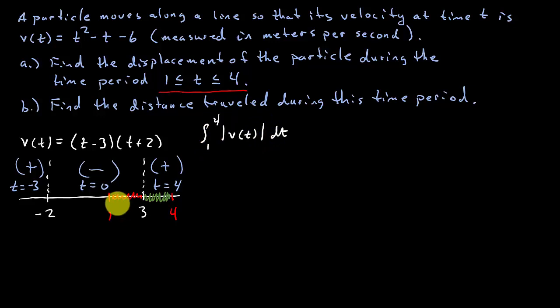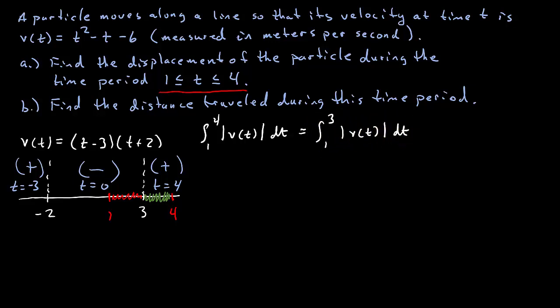Okay? But see, here from 1 to 3, it's negative, and from 3 to 4, it's positive. So I'm going to split this up into two integrals. So I'm going to go from 1 to 3, the absolute value of v of t